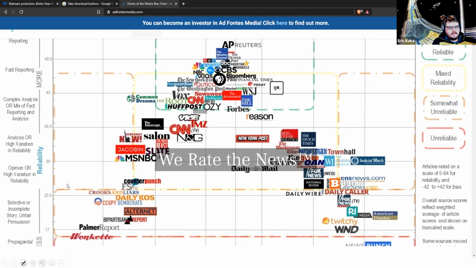So you've got your very biased left-wing stuff, and then your very biased right-wing stuff that may or may not be straight up untruthful occasionally. And then here's the stuff that's fairly reliable. The stuff at the top is fairly reliable.